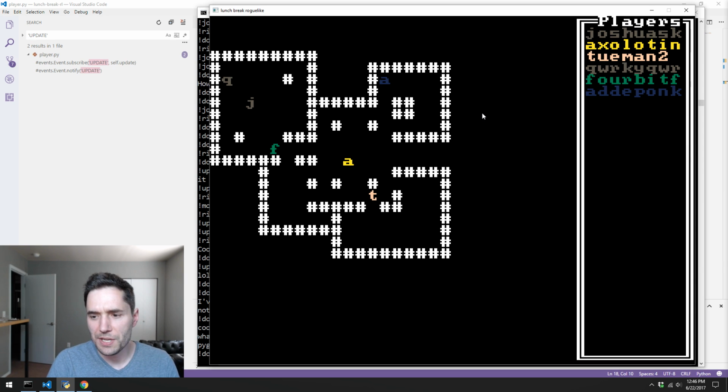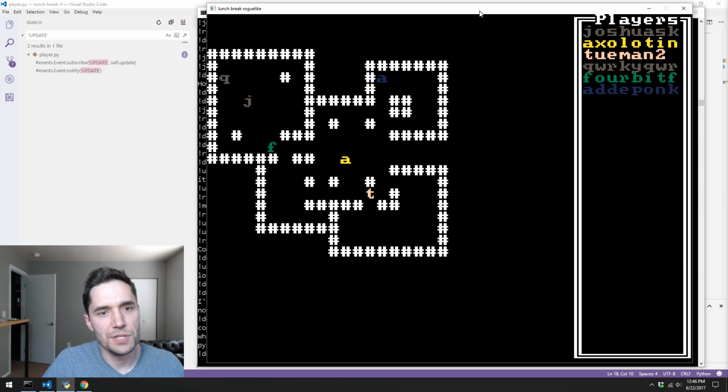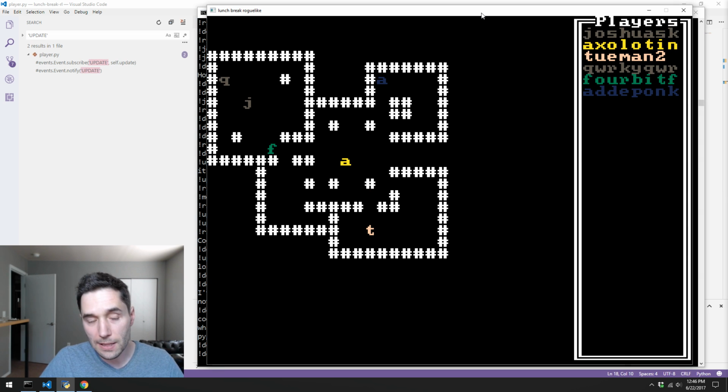Actually, Team says, what libraries does this use, or is it coded from scratch? So this project here uses the Python library TDL, which is a Python binding for libtcod, which is a pretty popular roguelike library. And then it just uses my Twitch Observer package as well, which I hope to get out onto PyPy in the near future. It's not Pygame. Pygame is cool, and maybe I'll do a series on that, or a lunch break series on that. But right now,